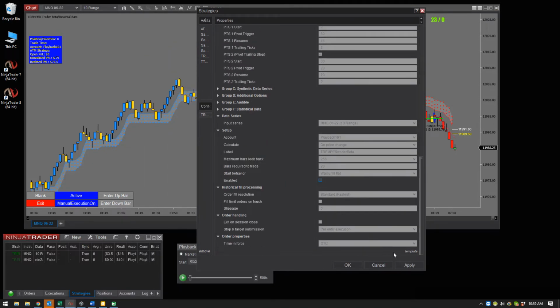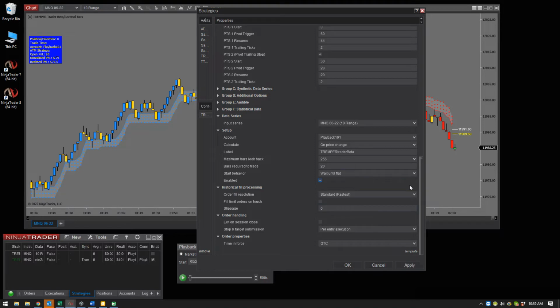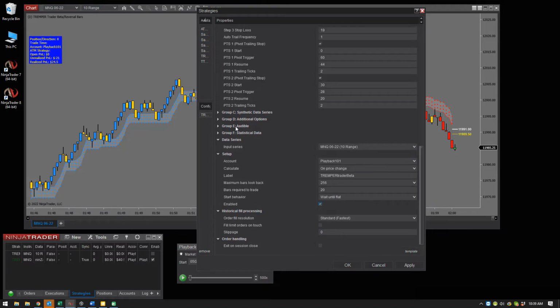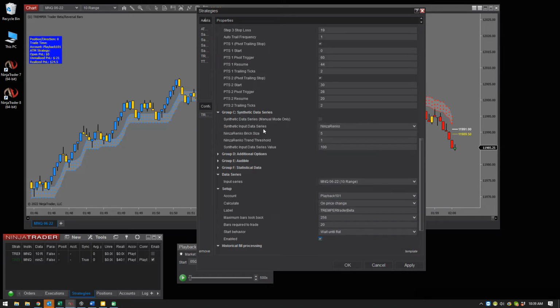Now I have to disable it. I'll enable it now. We have to go into synthetic data. If we went into group C, I'm jumping ahead here. Maybe I'll combine these together here. But if we go to here and we say, use this is for manual mode only, use a synthetic